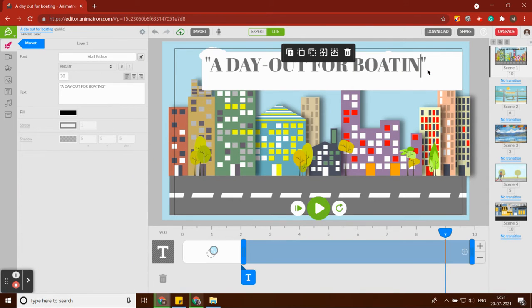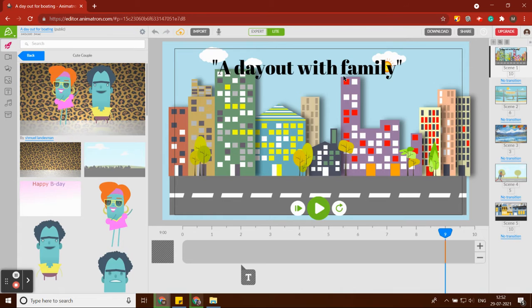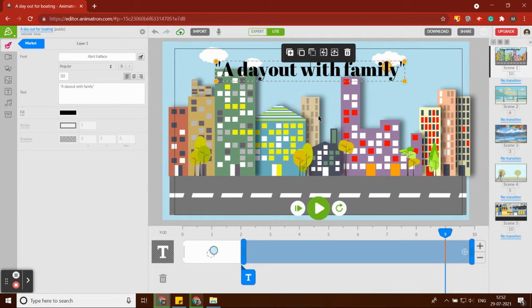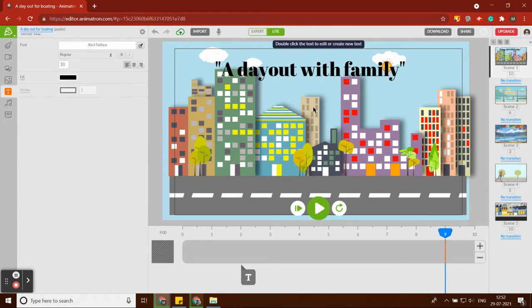It can be a day out with family or any story you want. You just have to write. After you finish writing, you also need to write who has written the story, like whose story it is. If it's yours, then you need to write here, double click and write by